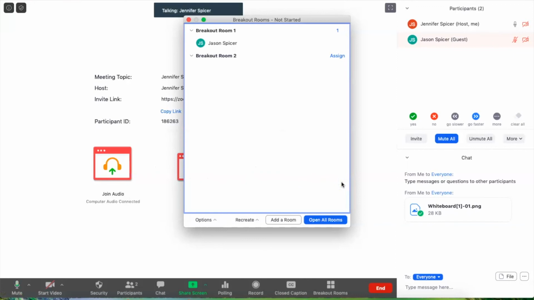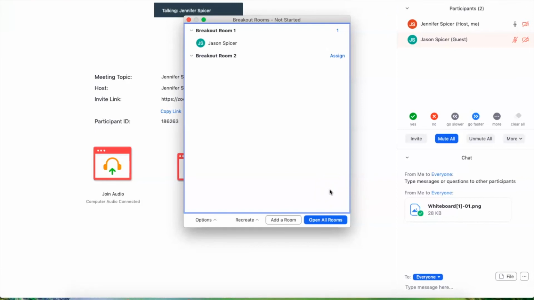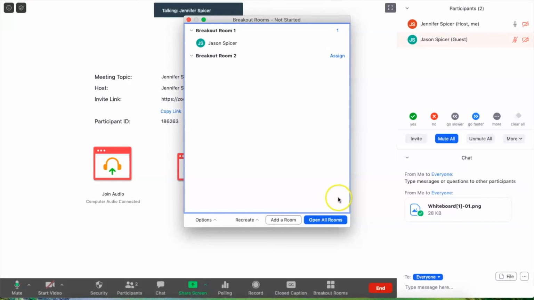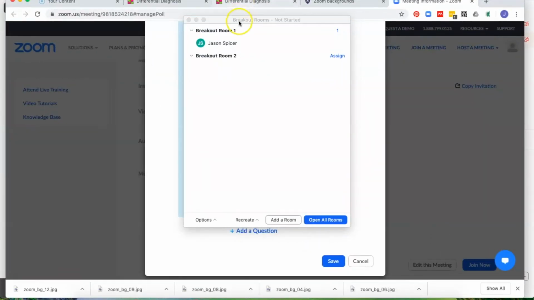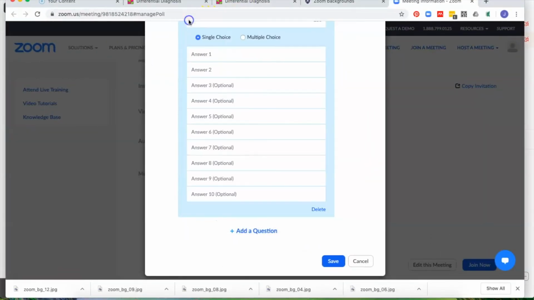Okay, before I open breakout rooms to people, there's one other thing that I do in my case-based sessions, and that is figure out a way that I can monitor their progress. The one different thing about teaching virtually is you can't hear automatically what's going on in the room. So you have no idea how far along participants are in their discussion. I think the best thing to do in this case is to have some type of editable document that you can watch. So what I like to do,